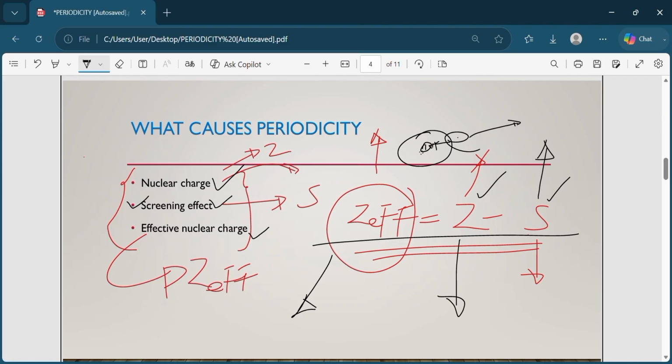So this shielding, or rather screening effect, is also trying to let go of this electron to be lost, because it is acting as a barrier, reducing the total magnitude of the force that was attracting the electron towards the nucleus of the atom. So all those properties are counterbalanced here. They are seen counteracting each other, specifically in different types of